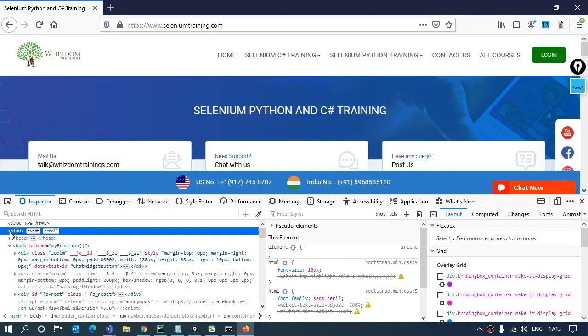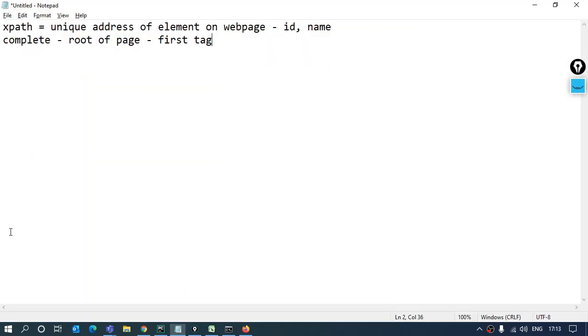So from here only the page is going to start and the complete XPath is going to start from here. Right. Then there is another type of XPath which is the absolute XPath. It actually does not start from the root of the page, but it starts from the attribute, the unique attributes.